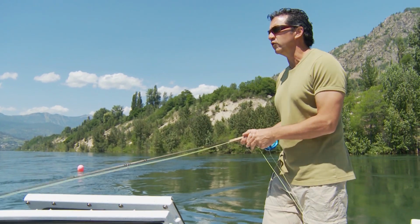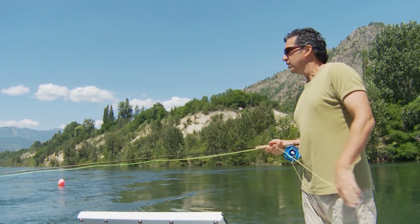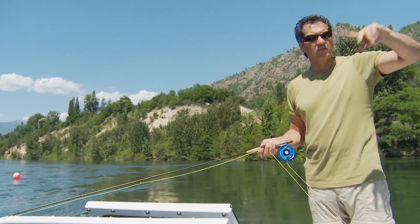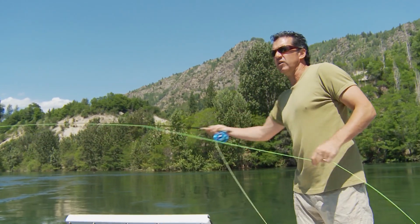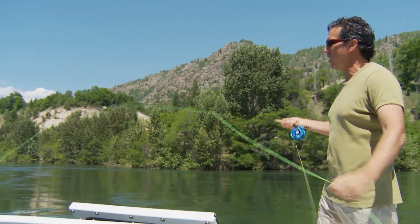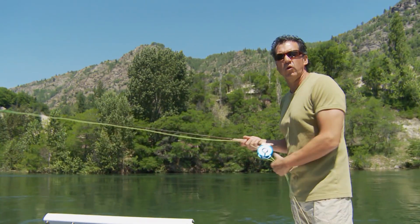So we just got out to our first hole, and it's our traditional hole. It's called the pump house hole. It's quite a good hole to fish. It's a little bit smaller back eddy, but it holds some big fish. And it's really the first time we've tried it this early. We normally start around 1 o'clock, 2 o'clock on the river we're on today, which is our home